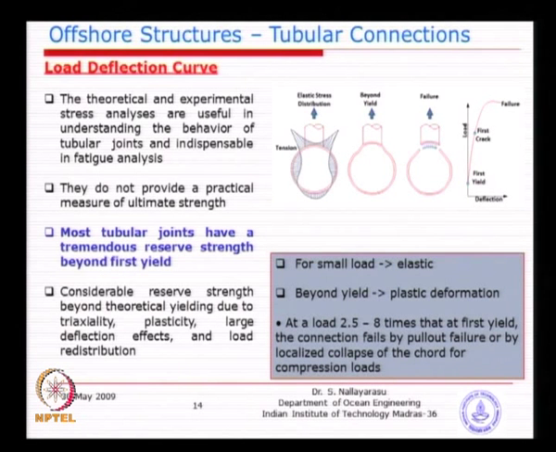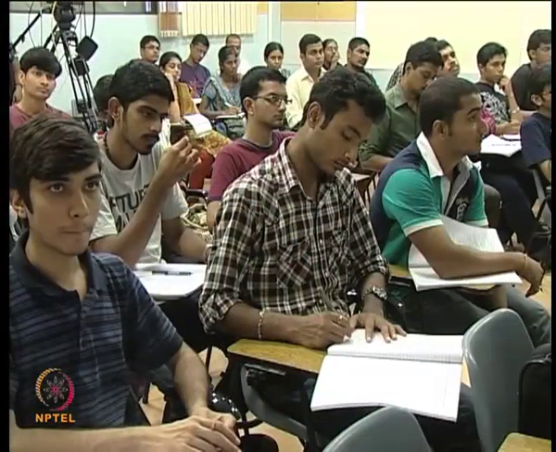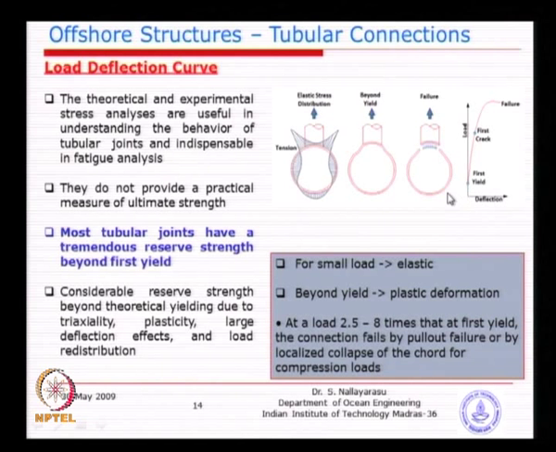So, let me use 200 maybe, still crack is not there, but other points have yielding which is acceptable, and still a lot of redundancy is there. So, the idea behind the tubular joint design is that we are not using the elastic concept, we are going to use the elastoplastic, or so-called ultimate strength concept. The ultimate strength is basically just below first crack. We do not want to have a crack, but we want to have higher strength than the first yield. That is the idea behind it, divided by a factor of safety, and basically that is the idea behind almost all the codes for tubular connections.